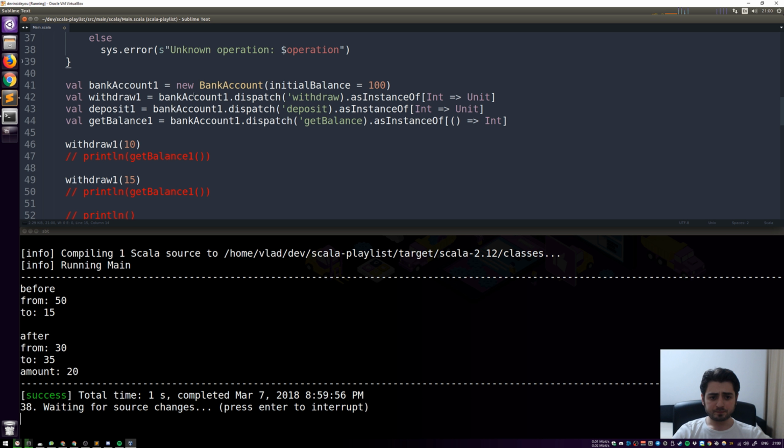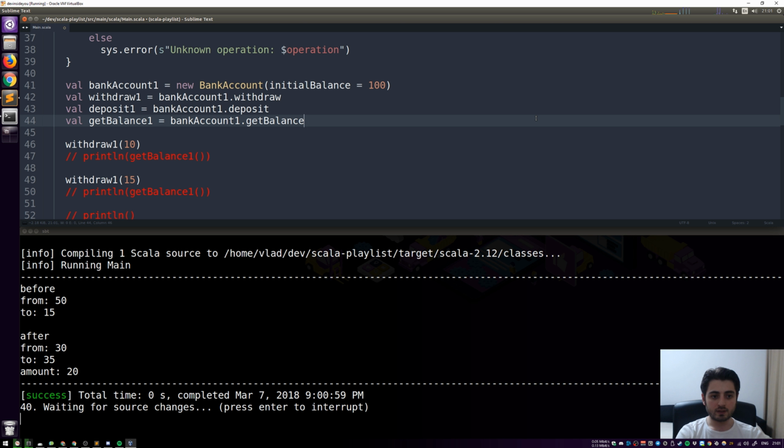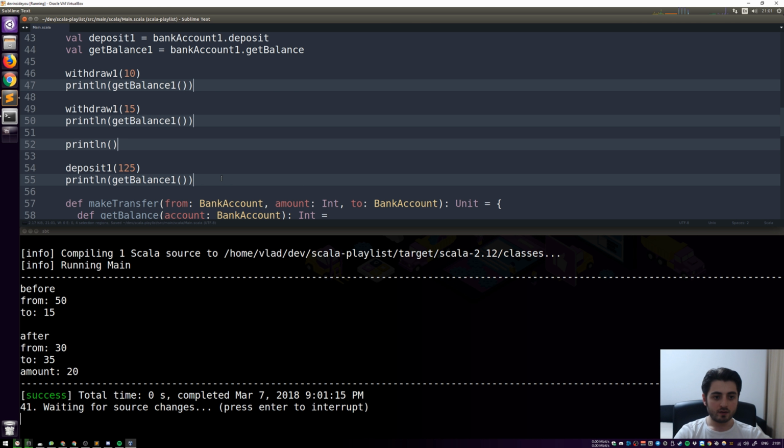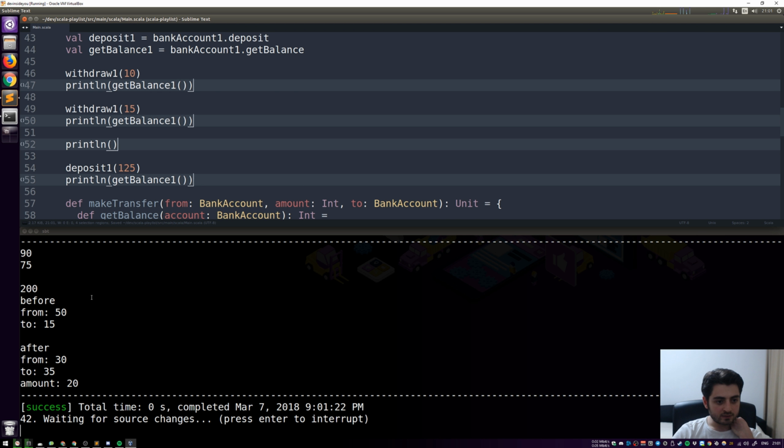So over here, instead of this whole thing, we're going to say dot withdraw. Then we can replace this whole thing with just dot deposit, and this whole thing with just dot getBalance. All right, and it still works exactly the same. Actually, we're not doing this thing. Let's actually do this thing over here. Right, so we see 90,